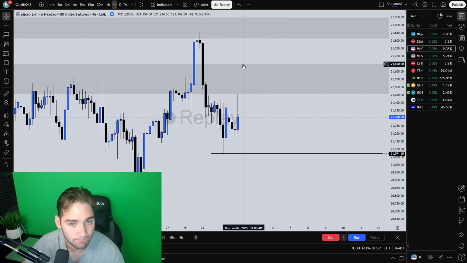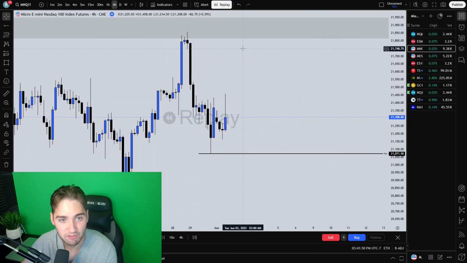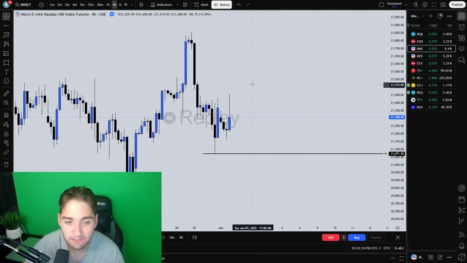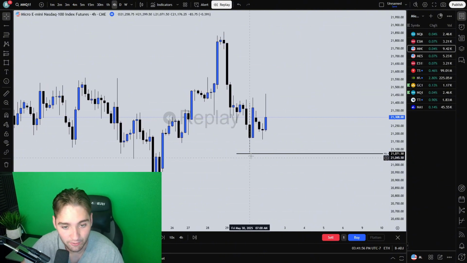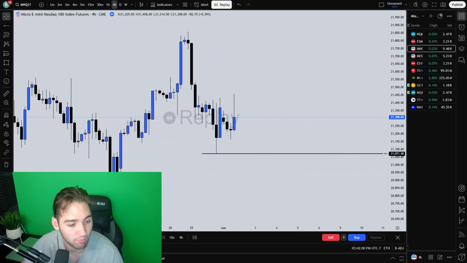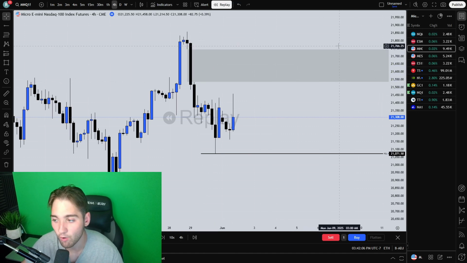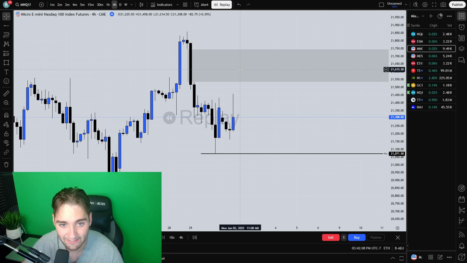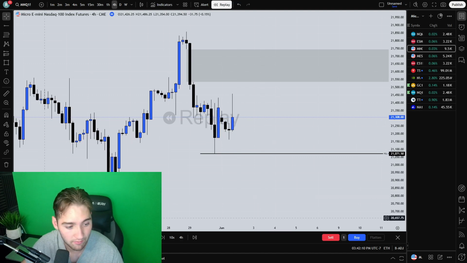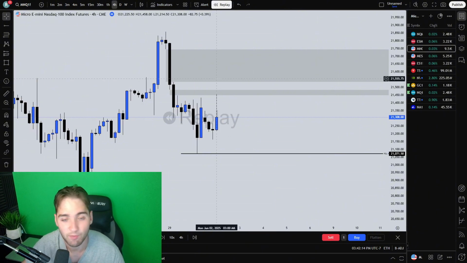So it looks like I'm going to get rid of these fair value gaps. Just keep in mind that we're kind of bearish towards these fair value gaps. We're respecting these. So as we see here, we had this previous day low, which is this swing low, a nice swing point there. And then we also have this fair value gap. So basically what I told myself on the 4-hour, I think we're bullish to get in here and get a nice rejection off of it. And keep in mind, we also have this one here.